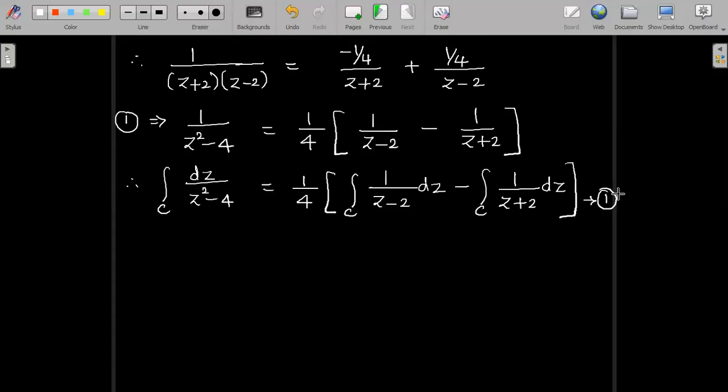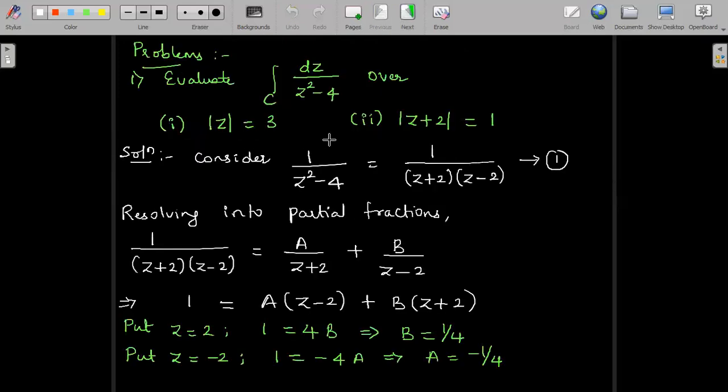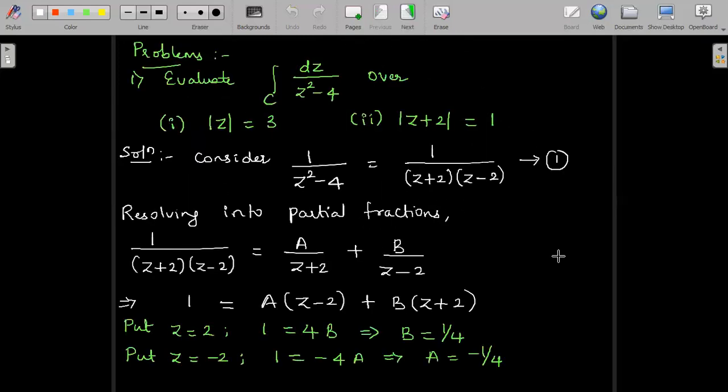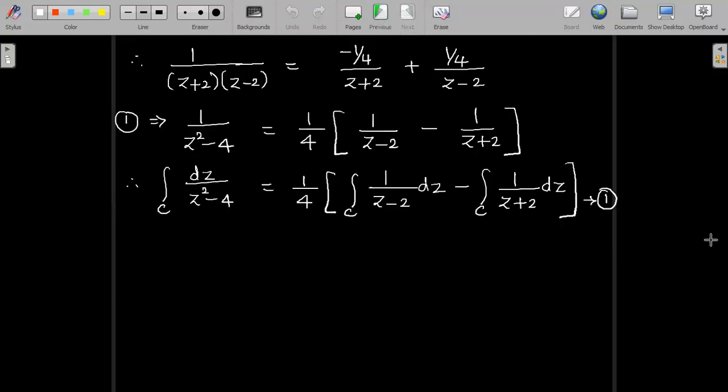We have resolved into partial fractions and we have obtained this step. And under the integral, we are now substituting because the given question was integral over the closed curve C dz divided by z square minus 4 is now written in the form of sum. So why we apply the partial fractions procedure is to convert the product to the sum. So we have now converted the product to the sum and we have obtained two linear factors. Whenever it is in the form of linear factors, it will help us to apply Cauchy's integral formula easily. So we have arrived at equation 2.